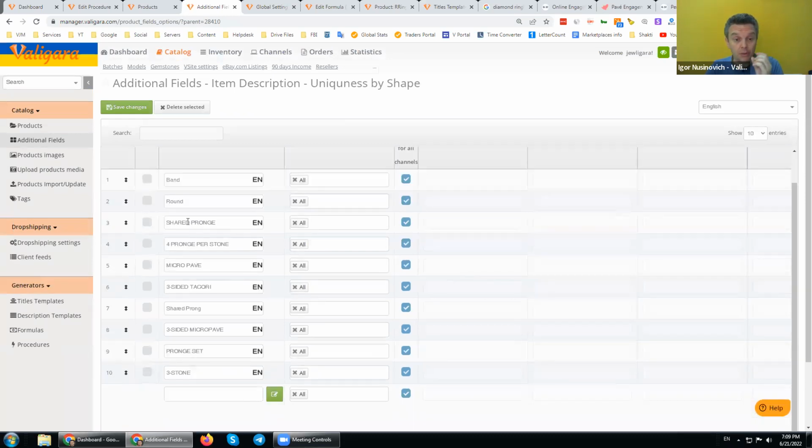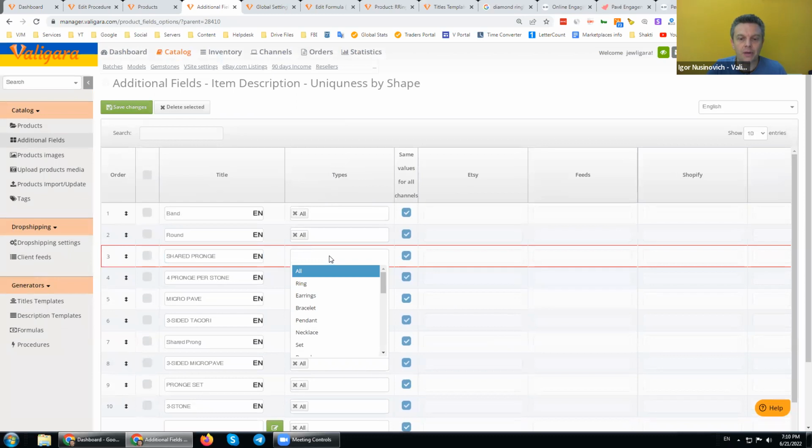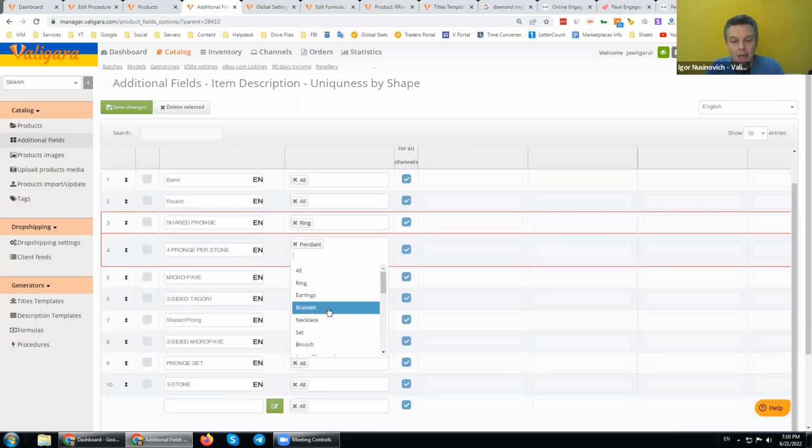For example, shared prong can be relevant only for rings. So what is important at this stage is that I can assign the specific value to the specific type of product. If I know that it's relevant only for rings, then it will appear only in products of type ring. And if it's 4 prongs per stone, and this is relevant for pendant and for necklace, I can apply it this way. Why is it so important?